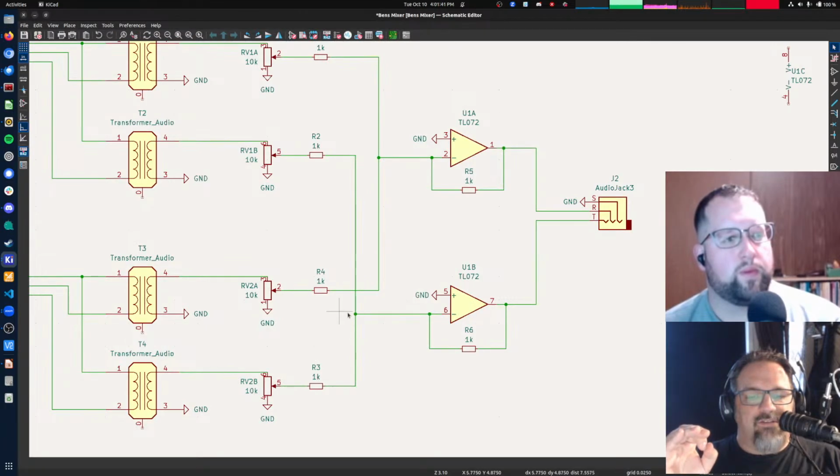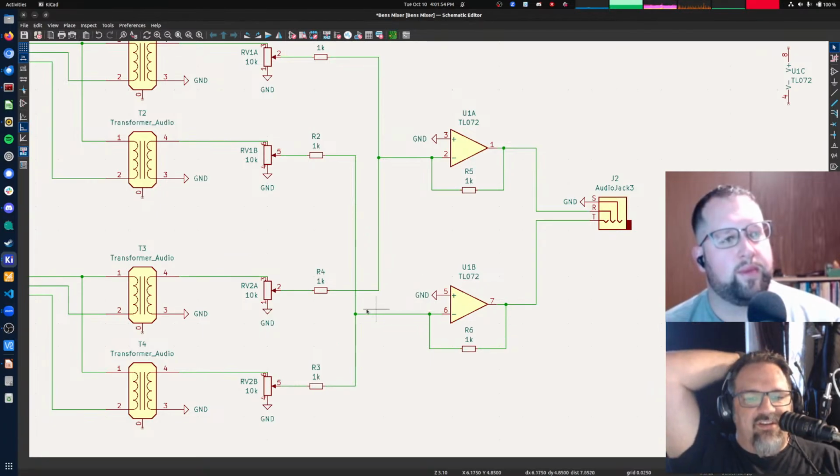Right? So this is an inverting amplifier. But so is this. This is also an inverting amplifier. And since this node here is always going to be the same voltage as this node, which is ground,